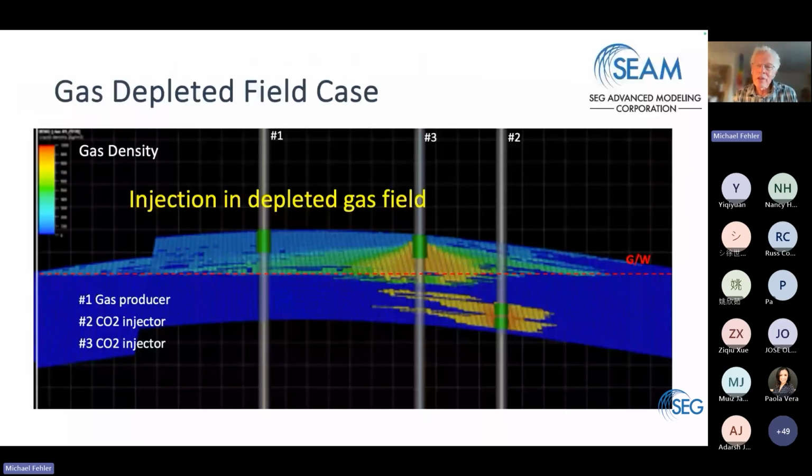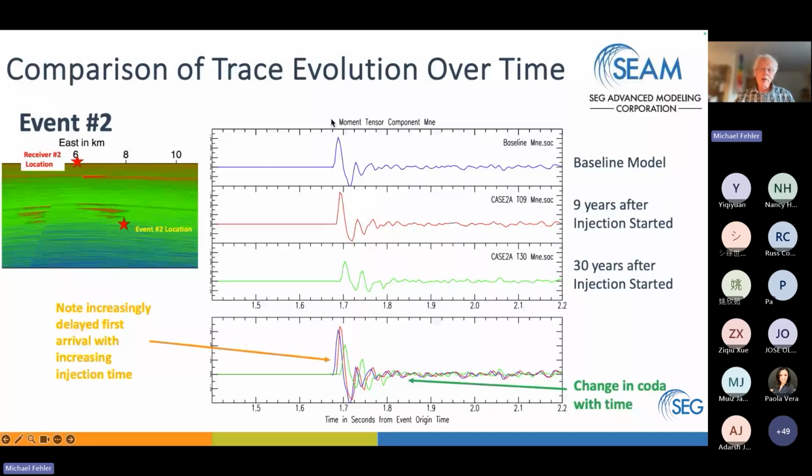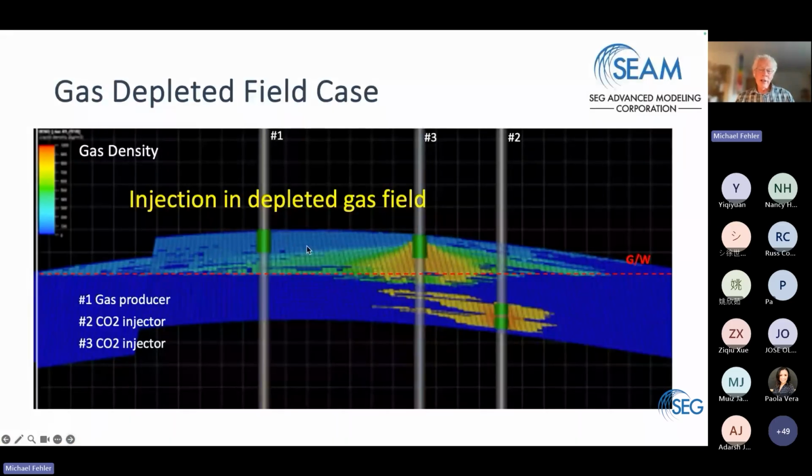So we've described the simulations we've done on the pilot model, the simulations that we're getting ready to do on the pilot model, where we will modify it to include near surface heterogeneity and a free surface. We're also undertaking a new model, which is a marine model. It's similar in structure to the model we've been looking at, except that we'll have a near surface layer of water. But it's going to be a gas reservoir that will first be produced at the anticline, and then we'll do injections in a deeper part of the eastern reservoir and a shallow part of the eastern reservoir. These simulations are underway.